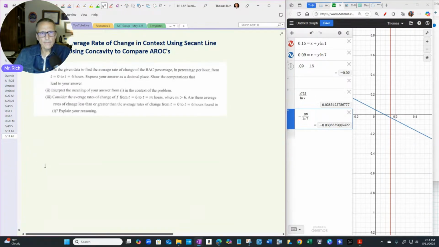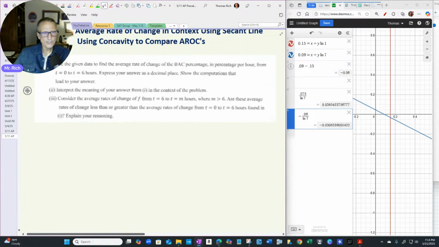And again, my name is Mr. Rich. We're doing AP Precalc. If you're just joining us, we are working through 10 problems that I predict are types that you will see in Tuesday's AP exam. This next part says, use the given data to find the average rate of change of